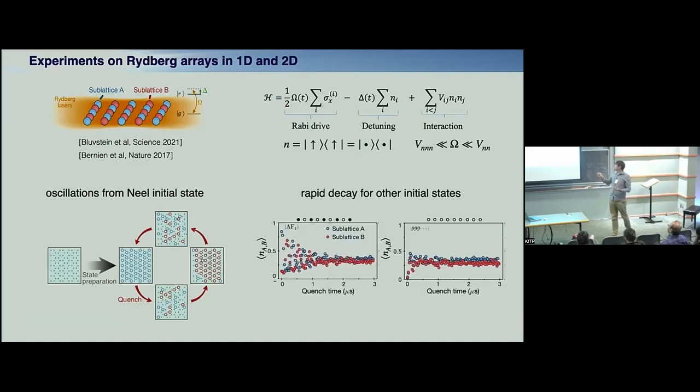But also something that you see is that there is atypicality. This is experimental data that probes occupations on A and B sublattices. It's basically quantifying that if A is 1, you're in Néel, and if B is 1, you are in anti-Néel. You see that for this state there are oscillations which live maybe 1 microsecond, and for this other state there is almost nothing. So on one hand we have some states that don't thermalize as fast as we would expect. On the other hand, it depends on your initial conditions.